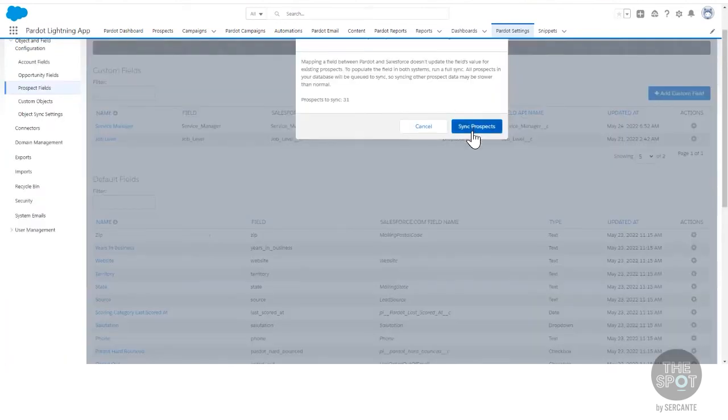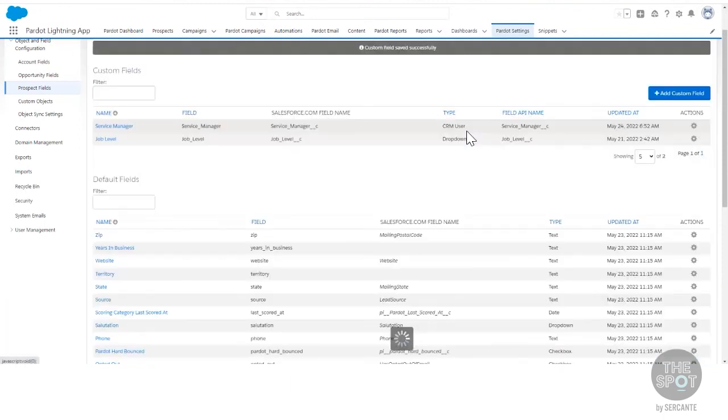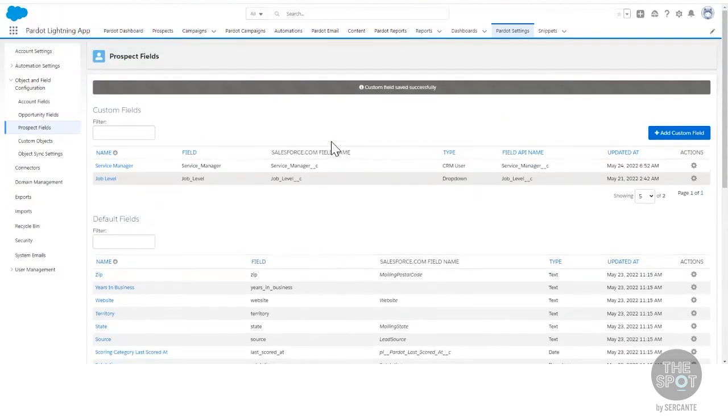Okay. It's telling me if I want to resync, I'm going to say yes. I only said yes because there's only 31 people in your organization. If this is something that's brand new, you don't have to click resync. But if it's something that existed there that you're just trying to leverage, you would want to resync. All right, now that that's there,